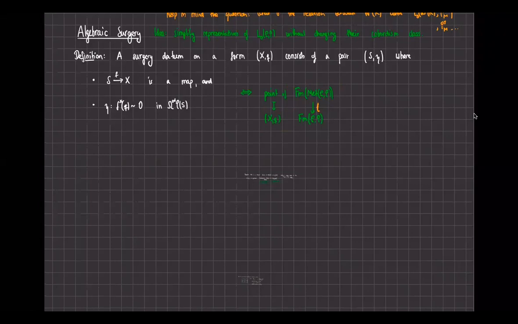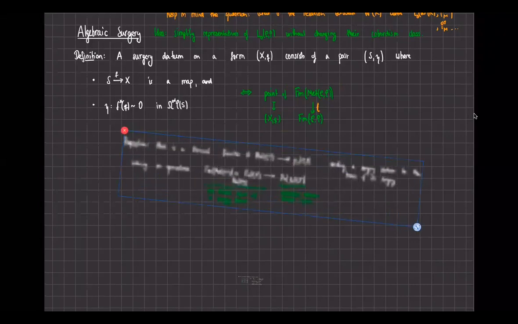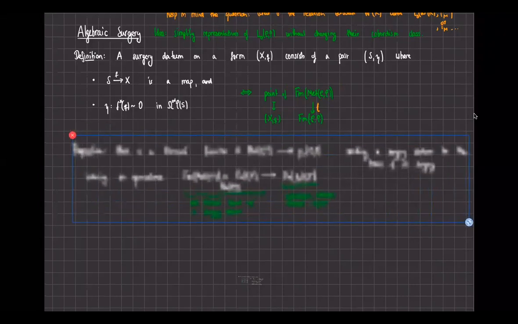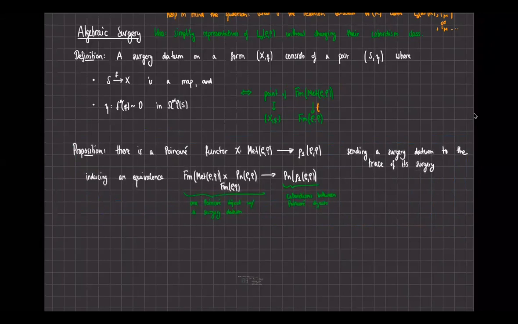And associated to a surgery datum, we want to perform a surgery, or so we want to change our object XQ to a different but cobordant object, so representing the same class in the L theory group. And the statement in this direction is the following proposition. So the statement is that there is a Poincare functor, let's call it chi, from the metabolic category of CQ to the one category of C proper, which sends a surgery datum to something that we call the trace of its surgery. I'll come to this in a moment. And this functor